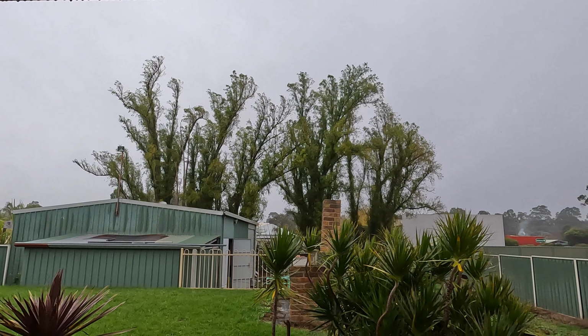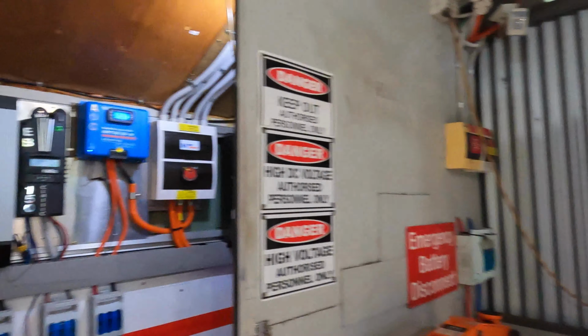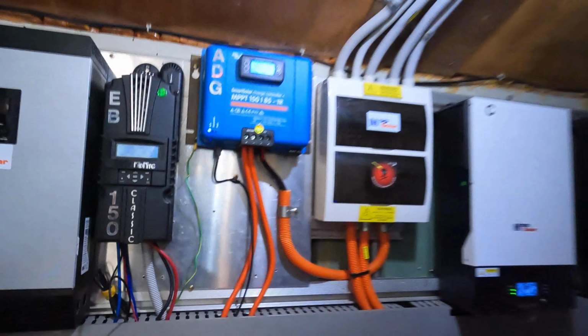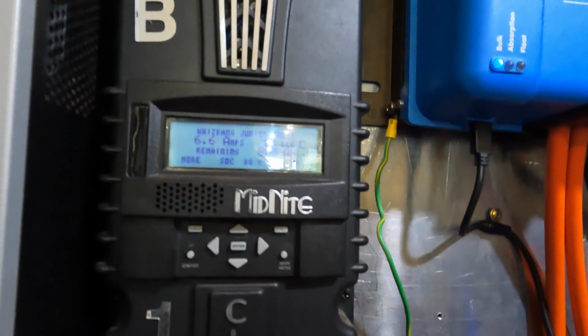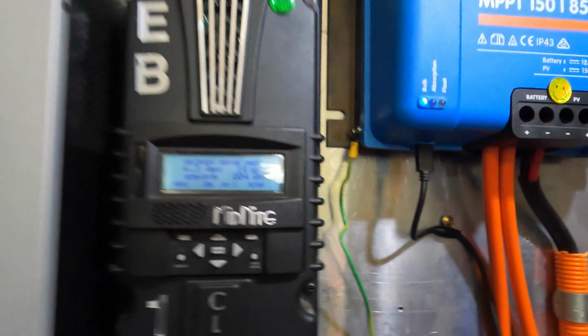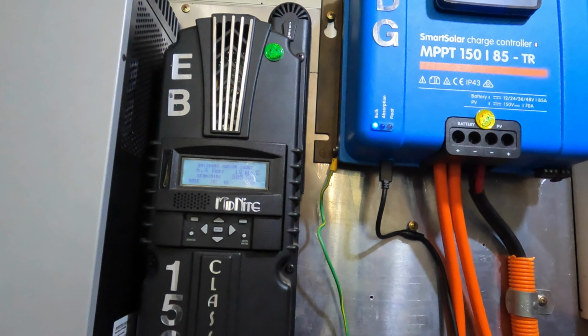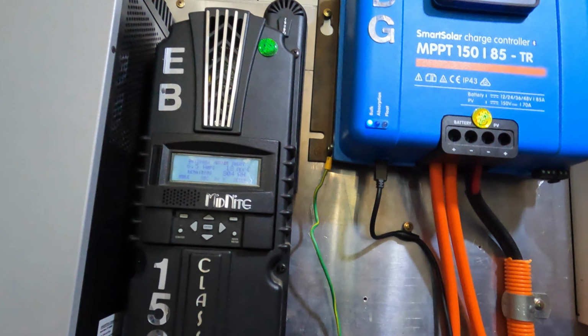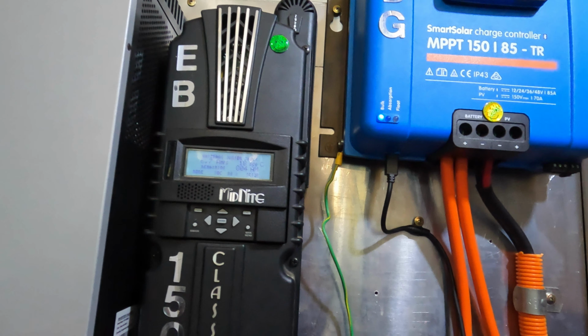Sun's gone again. You know, out of an 11 kilowatt system, excuse me, frog in my throat. I'm still getting over that really bad flu I had. At least I think it was the flu. We're just powering the house with 6 amps going into the batteries. That's out of 11 kilowatts of solar. Now if we just turned it and didn't turn the generator on, we'd be fine still at that. With our batteries still slowly recovering. But